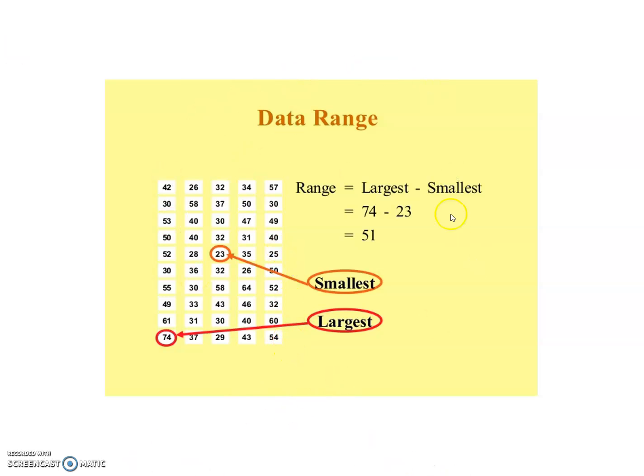What is the highest value from this data? Yes, we identify that it is 74. And what is the lowest value? We have to check, that is 23. So largest minus smallest gives the range. So for the given data, the range is equal to largest value minus smallest value, that is 74 minus 23, which is